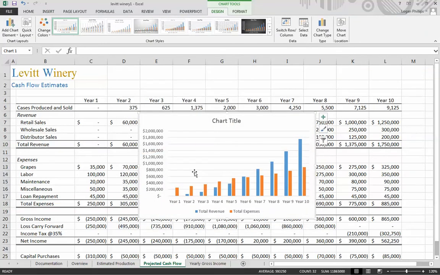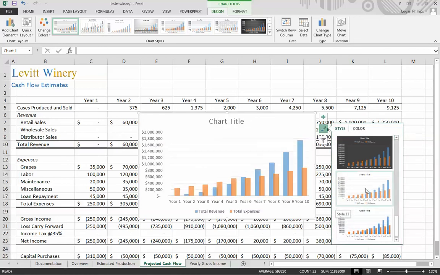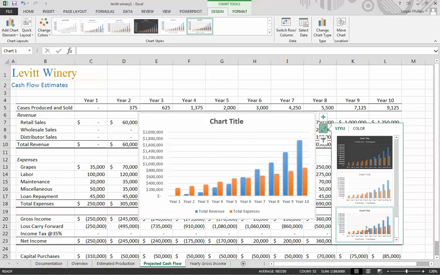Let's hit OK. We're going to go to Chart Styles, and we're going to choose Style 14. And then our Style Gallery. The next thing we're going to do is, after we've chosen Style 14, let's just go ahead and close that,